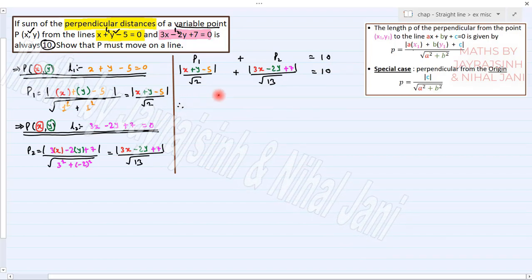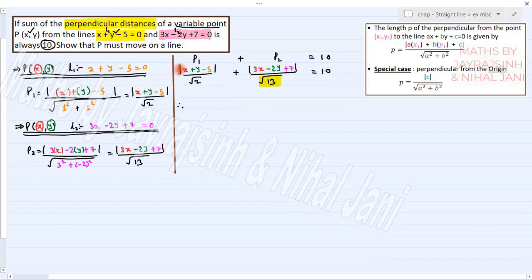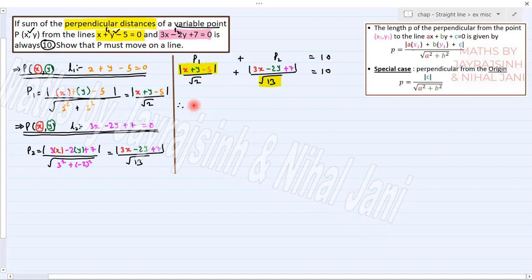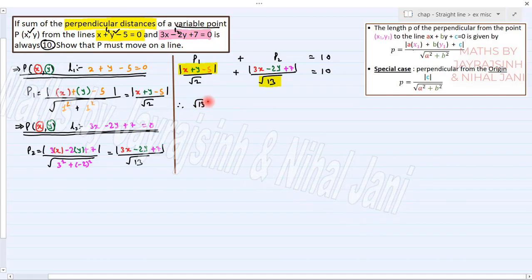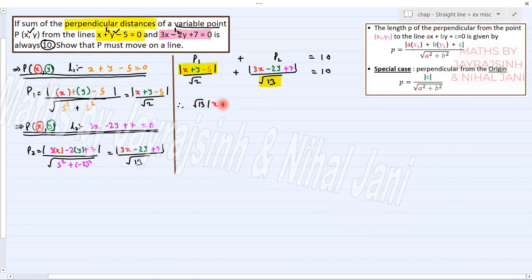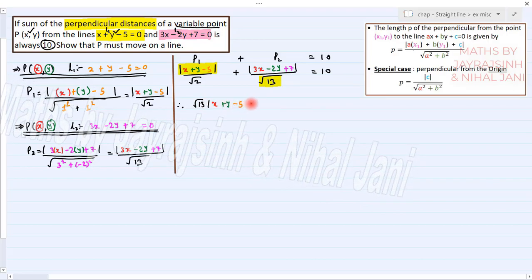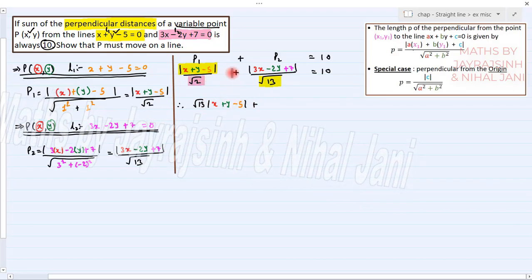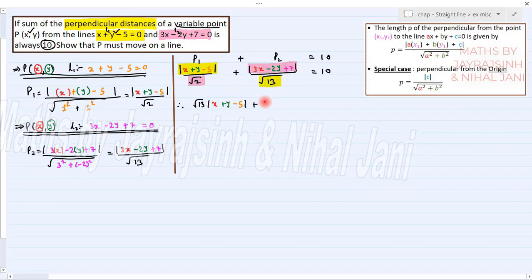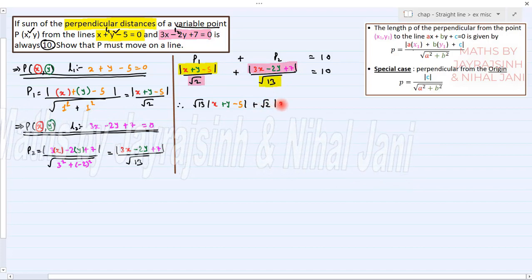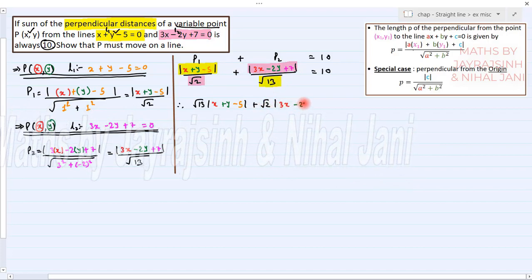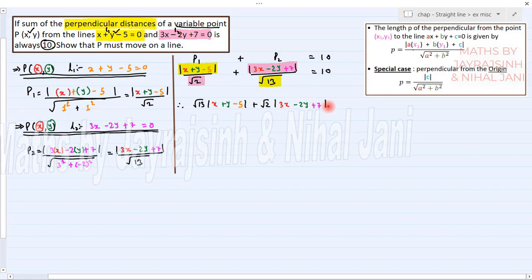Now let's take the LCM. Root 13 multiplied with this will give us root 13 mode x plus y minus 5, plus root 2 multiplied with this will give us root 2 mode 3x minus 2y plus 7,